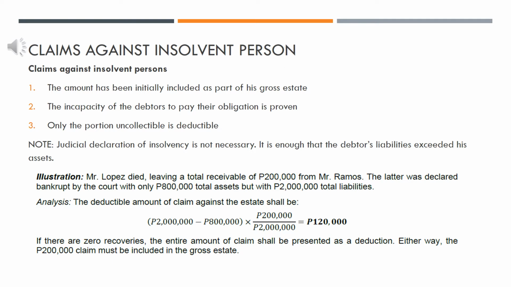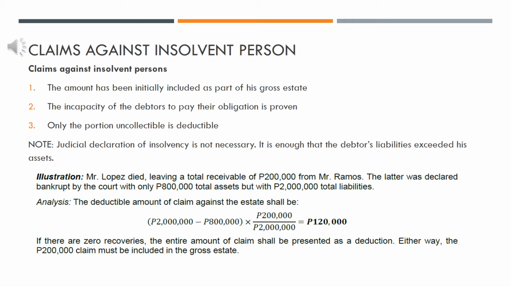So when we say insolvent person, a person is insolvent if his assets are inadequate to discharge his liabilities. So being a debtor, he has no capacity to pay his debts as they fall due. If his assets are liquidated, the cash proceeds will first be used to pay his preferred creditors. Therefore, we have to follow order of priority here. So first, preferred creditors muna yung mauna. Sino-sino ba yung mga preferred creditors?